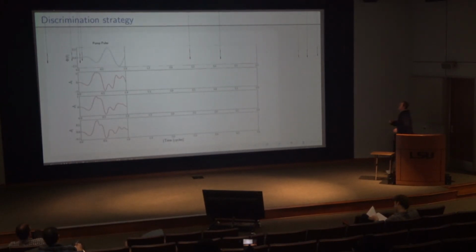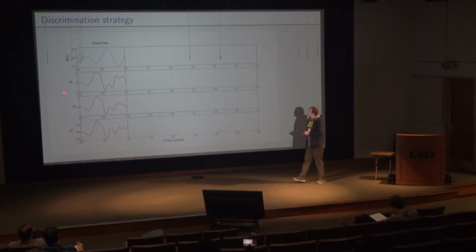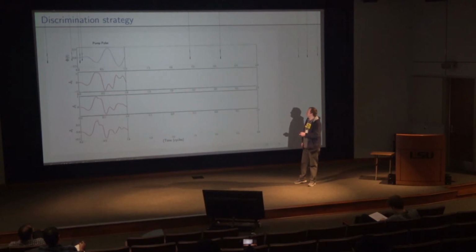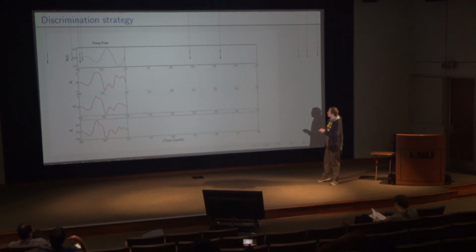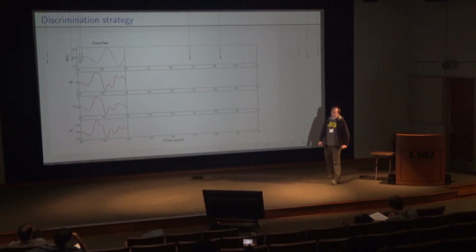So what is our strategy for this? What's the easiest way to maximize the distinguishability? So if we start with a pump pulse, just to make sure that there is an optical output, we can think about these 3. I'm taking 3 species as an example here, but this algorithm scales very well. So you start with a pump pulse and you see, okay, there's some response in all of them.